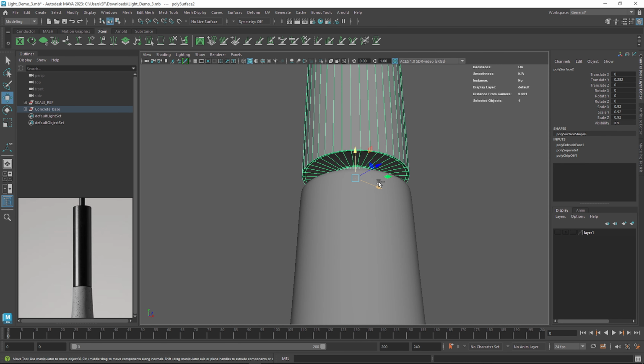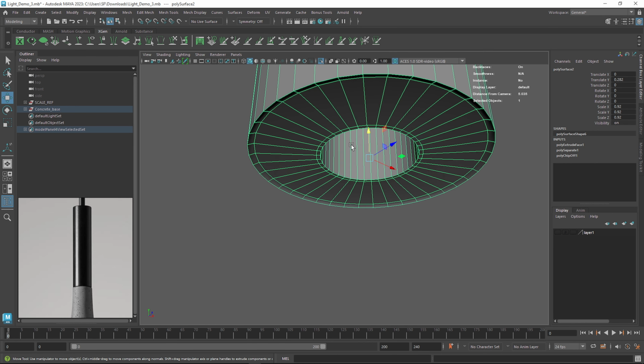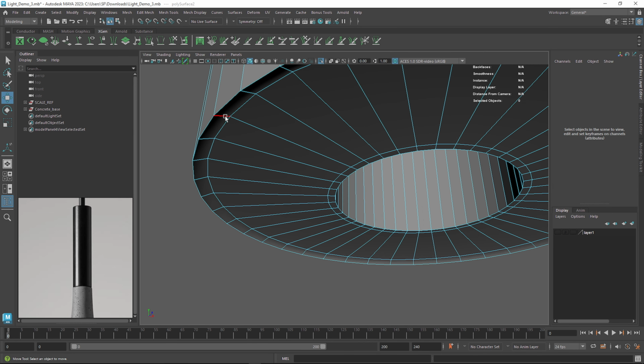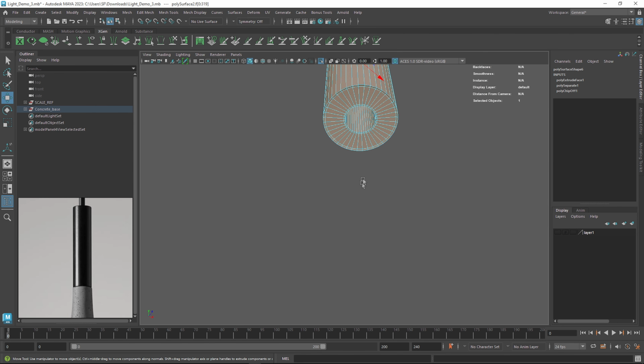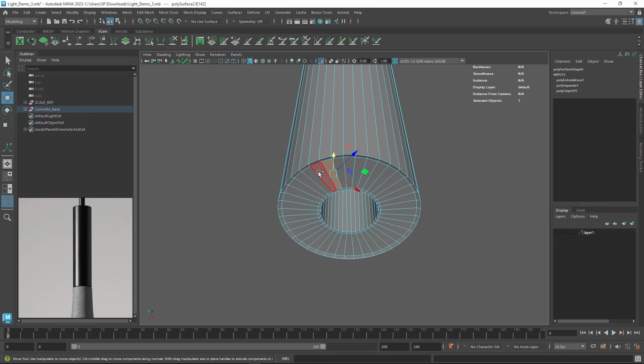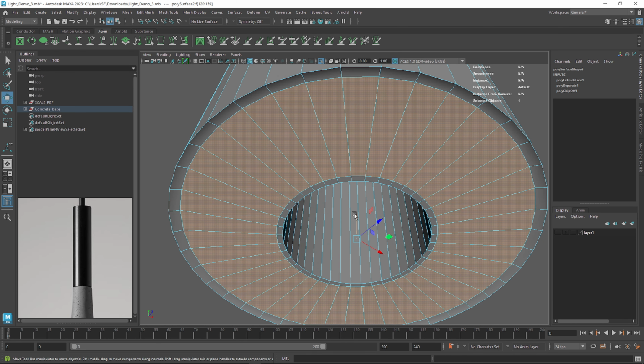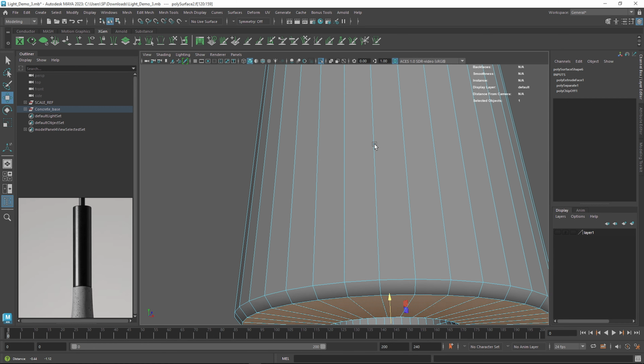I think we're not far off, but I'm just going to isolate this because we've got the bevel going the wrong way now because we took the concrete base. So if I select these faces here and just move those down,